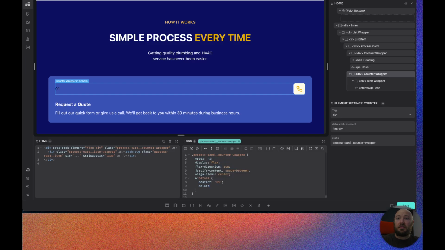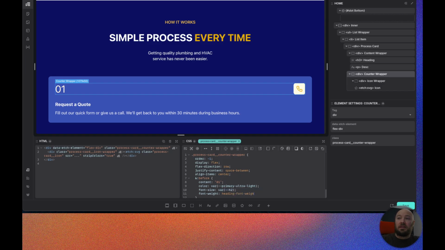I'm going to go color of primary ultra light on that. I'm going to go font size of, let's try H2, and font weight of